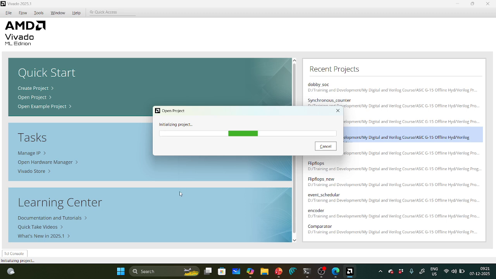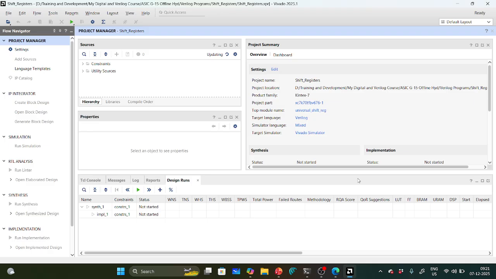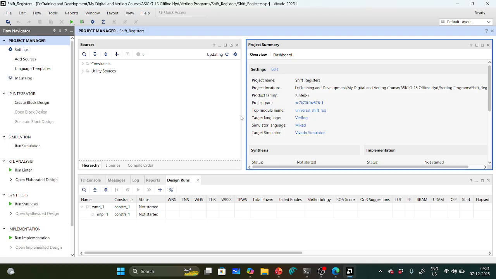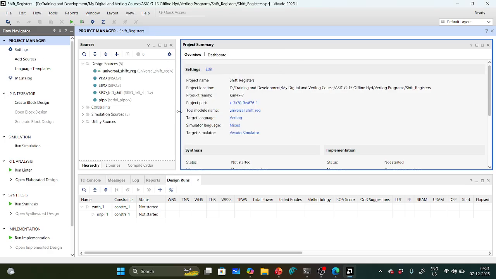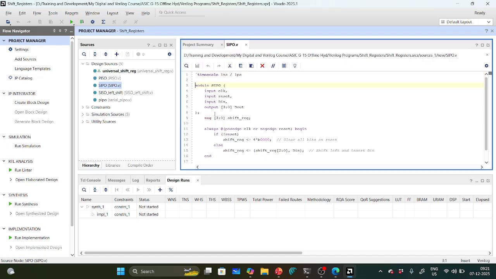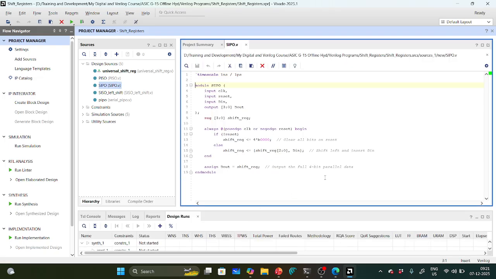Shift registers. We are discussing SIPO, no? Same code, whatever I discussed. Here you see,